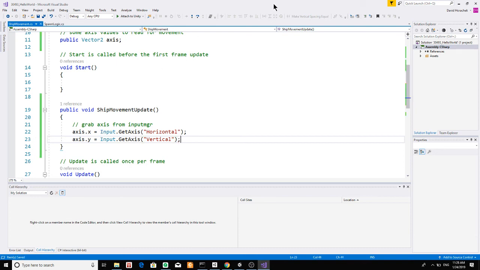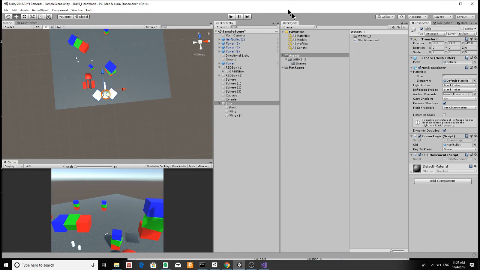Because those are public, right off the bat, I'm just going to switch back here. We're going to look for ship movement to serialize that script. We're going to see axis show up. Now I've got X and Y. They default to 0 because we haven't assigned anything to them. But because every frame we're polling the input manager,